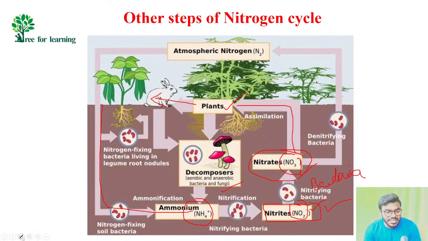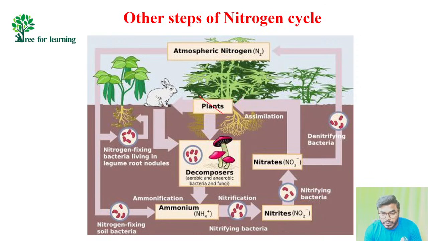Now try to understand, friends, don't confuse with my words. Now there is a death of plants, there is a death of animals. Once there is a death of plants and animals, that dead organic matter can be decomposed by what, friends? Dead organic matter can be decomposed by the decomposers. And what will the decomposers do? Decomposers break that dead organic matter into, once again, simple forms.